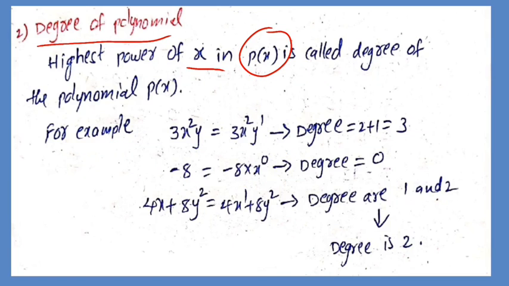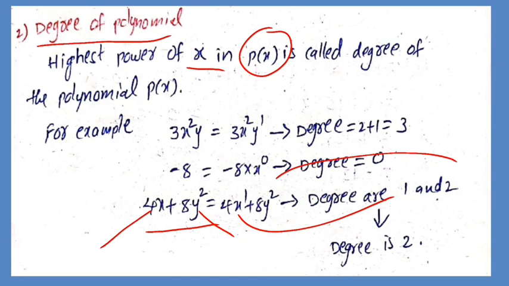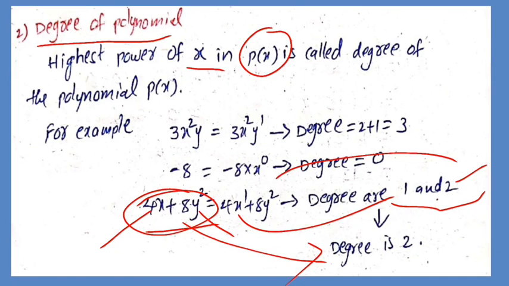Next, third example, 4x plus 8y square. See here I took more than one term, so two terms are there, 4x and 8y square. So in this case how to find the degree of the total polynomial? Very simple, you find the degree of the first term and second term separately. First term degree is 1 and second term degree is 2. Out of these two degrees, which is the highest one? 2. So the degree of the given polynomial is 2. Okay,